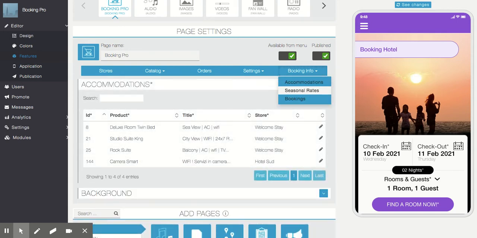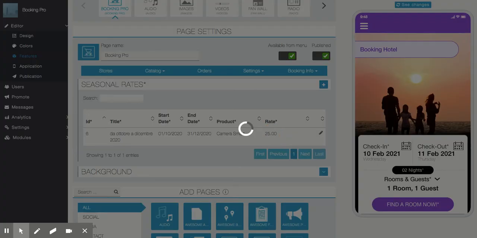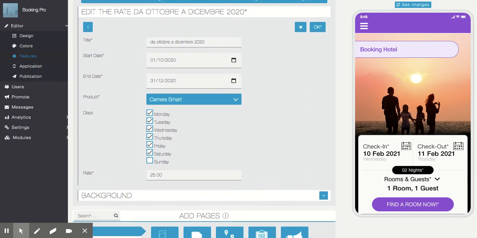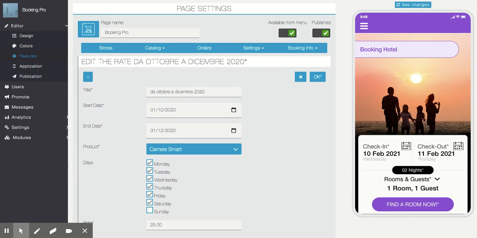This is the new addition, and here we have seasonal rates. Basically rates are taken from the products section, but in different seasons you may want to change the rates, so you can apply a start date, end date, and the product, and this is the additional rate that will apply. You can even select the days. Within that date range, you may want to apply this rate on just Monday or just Tuesday or maybe all these days, so you can set any rate.